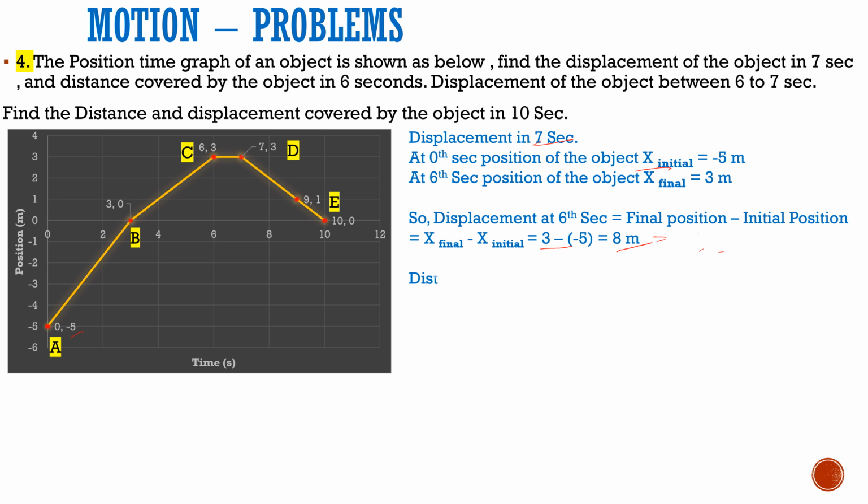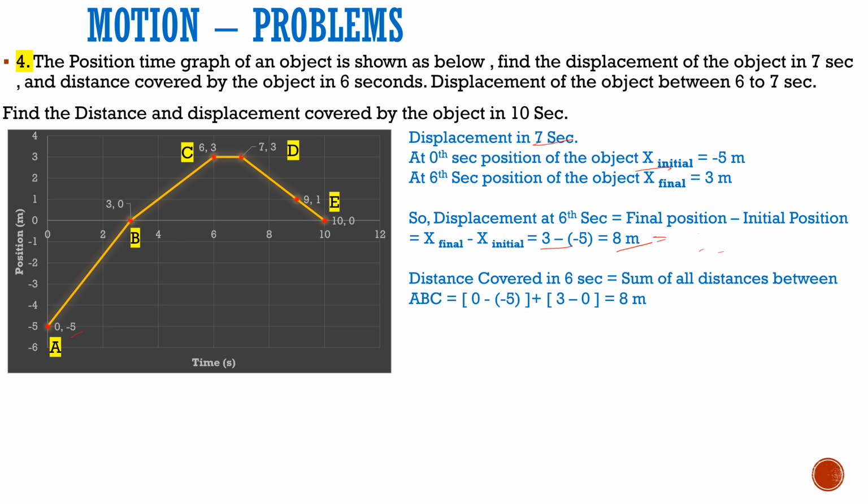And then we need to find the distance covered in 6 seconds. We are going to respect the individual or intermediate journeys here. So what are the intermediate hop points? It has gone from A to B and then B to C. So we need to find out what is the distance it has covered when it has reached B? Position B minus position A. So 0 minus minus 5, then we get